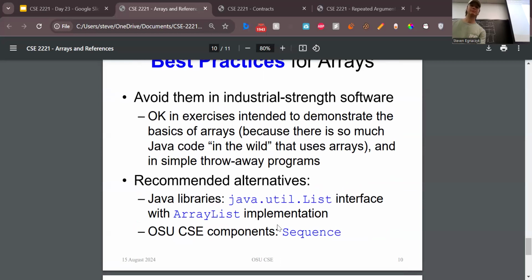Going once, going twice, yes. My favorite avoided industry software, industry practice stuff. Mostly because they're